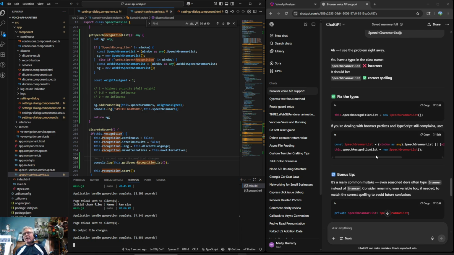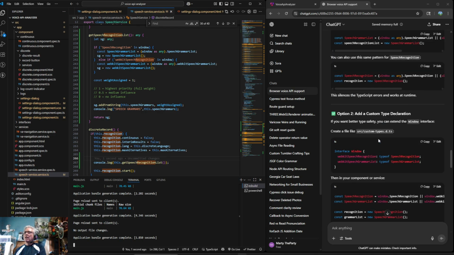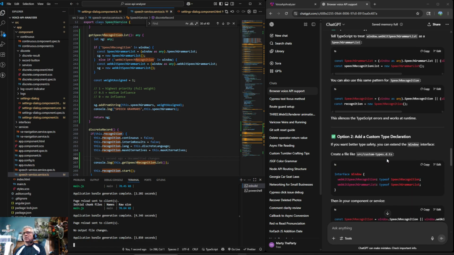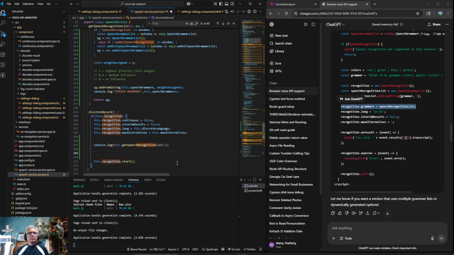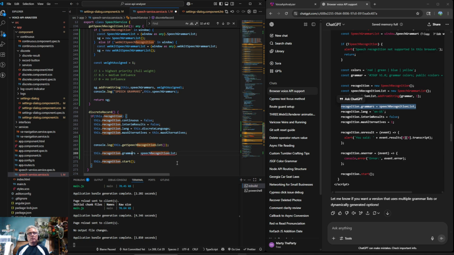So I'm looking to where I actually add it to the speech grammar, or to the recognition object. Speech recognition list, recognition grammars. Okay, so basically we just want to do something like that equals